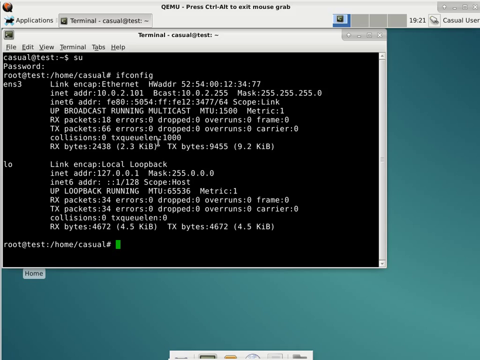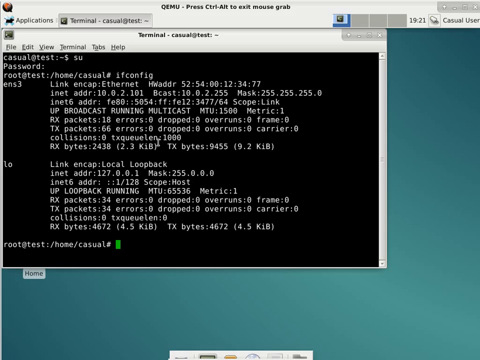Yep, go ahead. Is the DHCP server going to assign those? Yes. The test platform runs DHCP client automatically. In other words, once it connects to the virtual switch, it would go like, hey, I don't have an IP address. Can somebody tell me what my IP address is? The DHCP server will respond to that request and go like, oh, okay, I can assign you the next number, which is